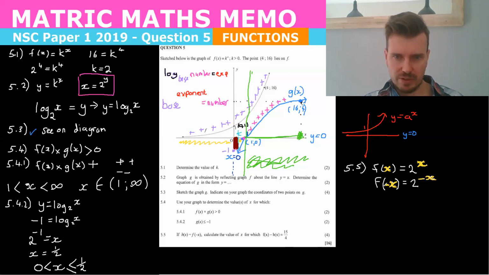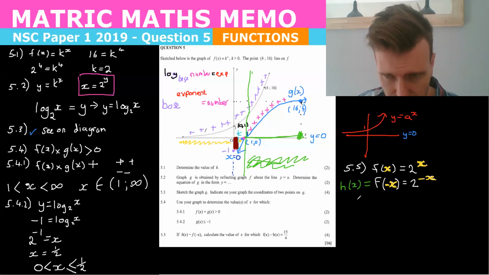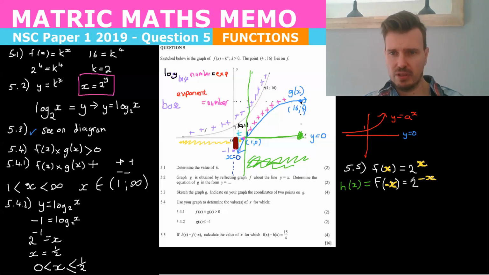And so that's the graph of f to the negative x. So that's what h of x is. So h of x is this. So now we know h of x, because h of x equals f to the minus x. Well, we know f of x and we know h of x now. And so they've said, what is f of x minus h of x? And when is it equal to